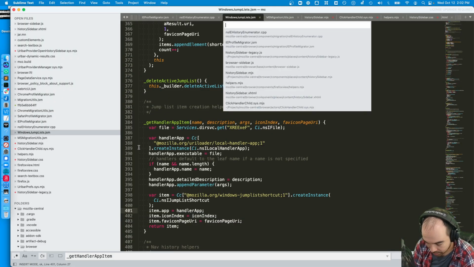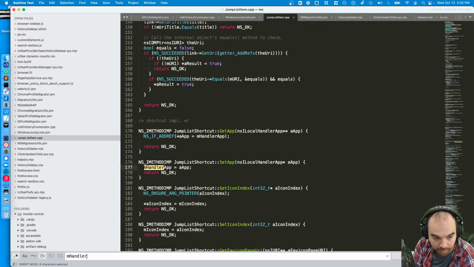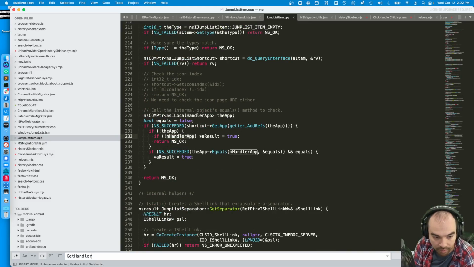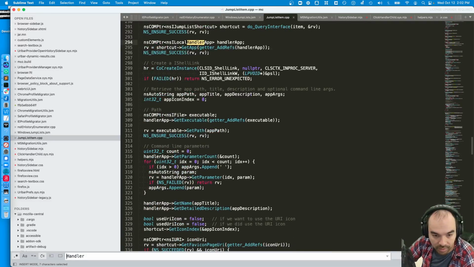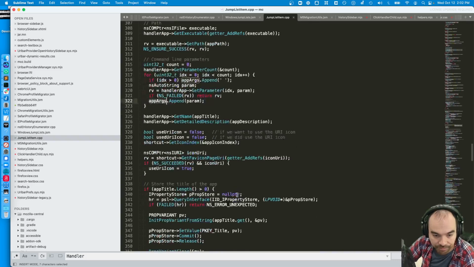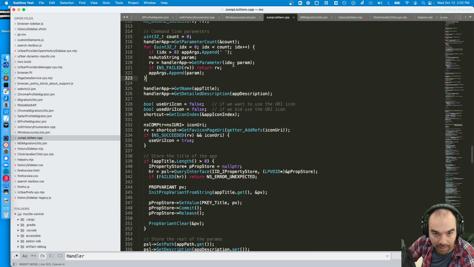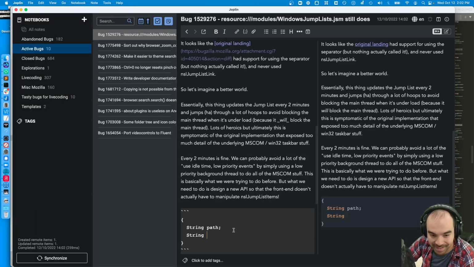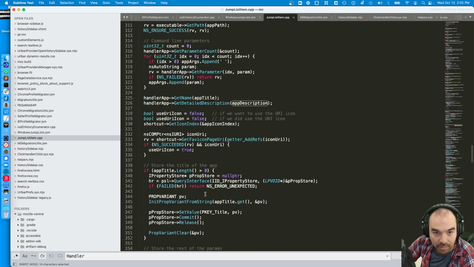We create jump list item, m handler app, get handler, local handler. We create the args. You just append it. We just append spaces. So it's arguments, a description, app description comes out of